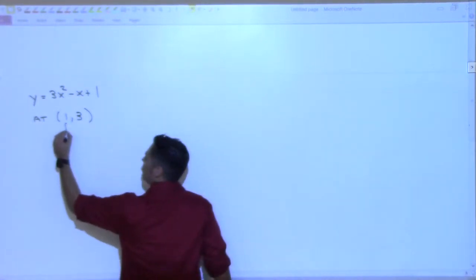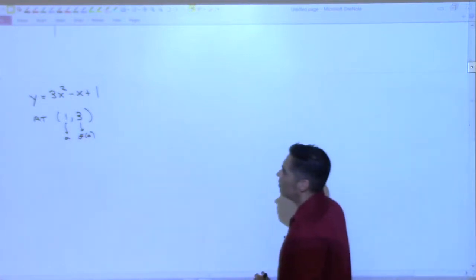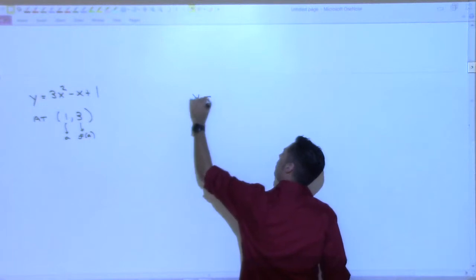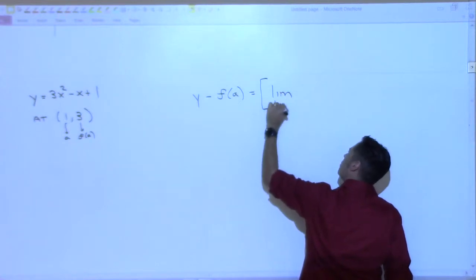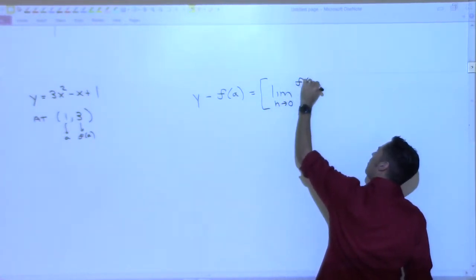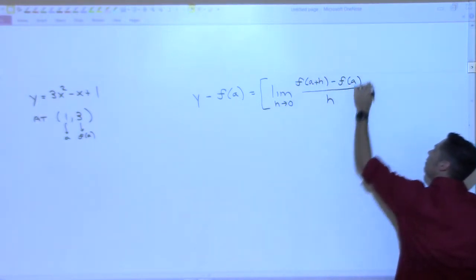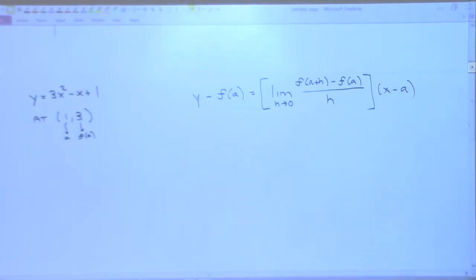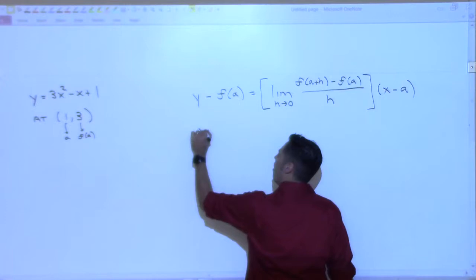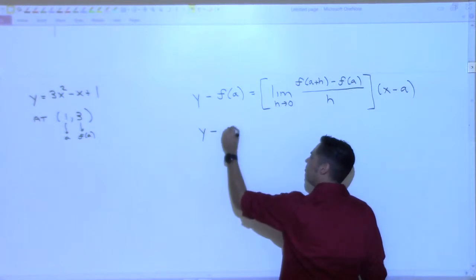So we, again, still know that this is a. We still know that this is f of a, right? But let's see how this formula changes. Limit h goes to 0 of f of a plus h minus f of a all over h times x minus a. So there's the formula, the second version. And let's plug stuff in. Y minus, do we know f of a? It's 3. Okay, equals